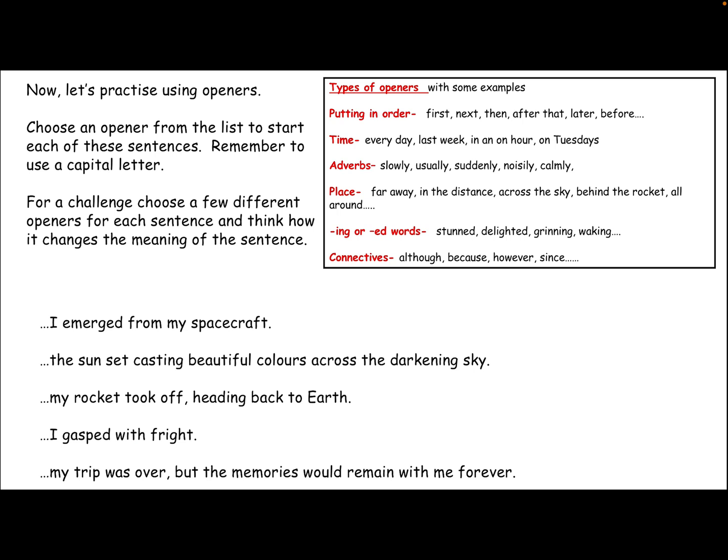So you're going to choose an opener from the list to put at the beginning of these sentences at the bottom of the page. So I could have a sentence that says, I emerged from my spacecraft. But instead of that, I'd like you to make it more interesting. So you might say, last week I emerged from my spacecraft. Or, although I felt afraid, I emerged from my spacecraft. So you'll see that I'm choosing to use one or other of the openers that are in the box, and I'm putting it before the rest of the sentence to make a longer, more interesting sentence. You might need a comma depending on which